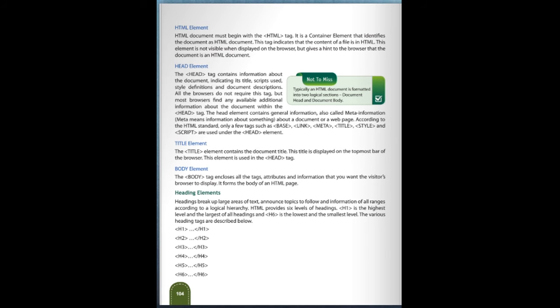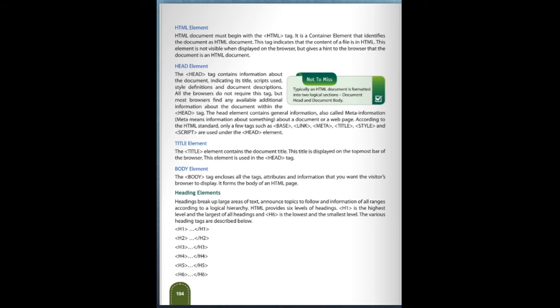This tag is not visible when displayed on the browser but gives a hint to the browser that it is an HTML document. Head element. The head element tag contains the information about the document, including its title, scripts used, style definitions and the document description.